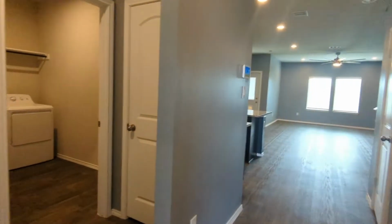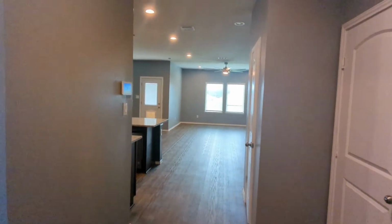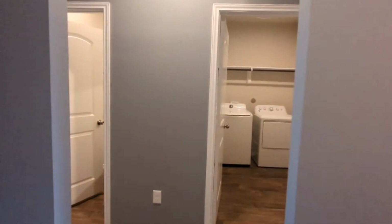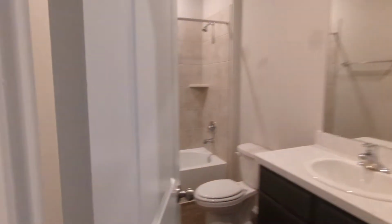Let's head on in. So in this first entry to the right, we have the garage. Up ahead is the living room and main space and kitchen. To the left is the first bedroom on the first floor. You can see it's spacious with carpet, with a closet. The second room is the bathroom